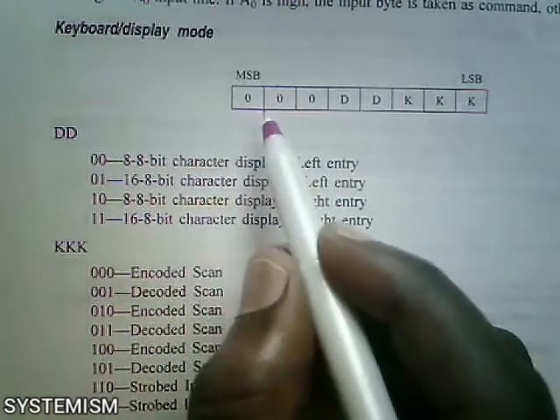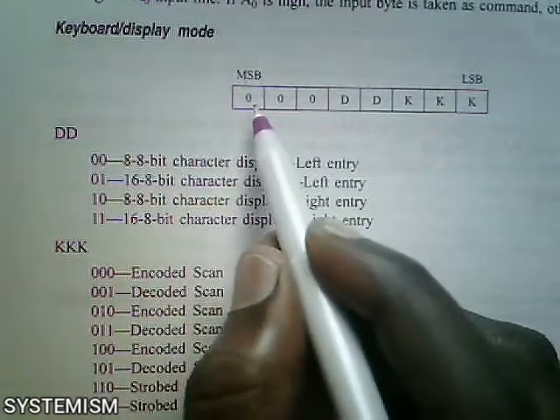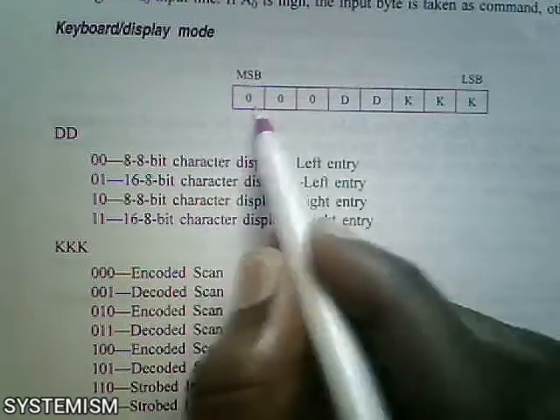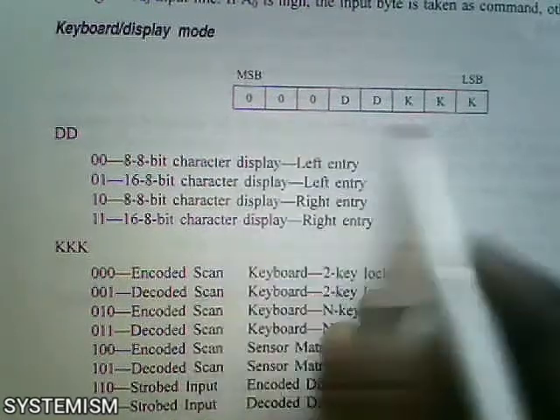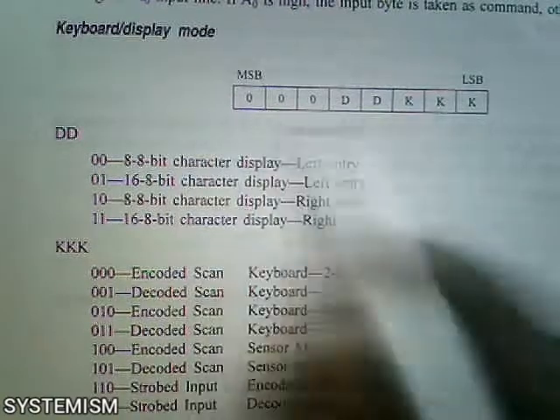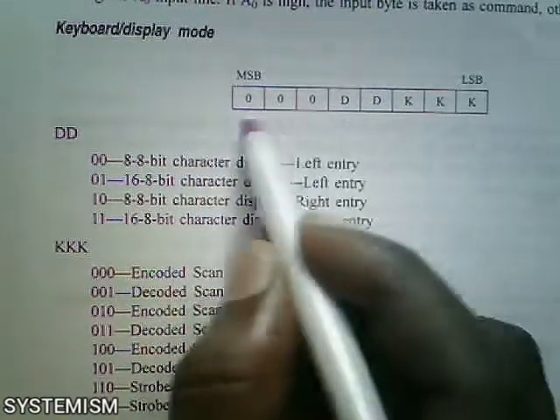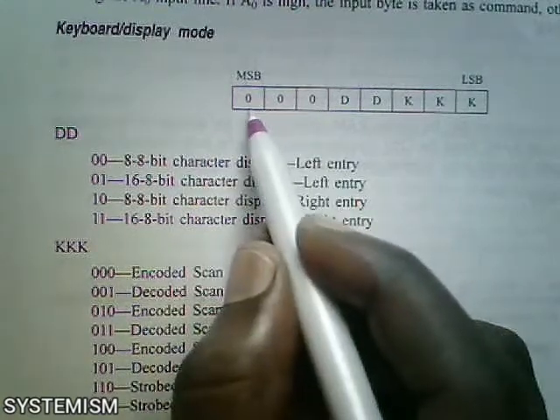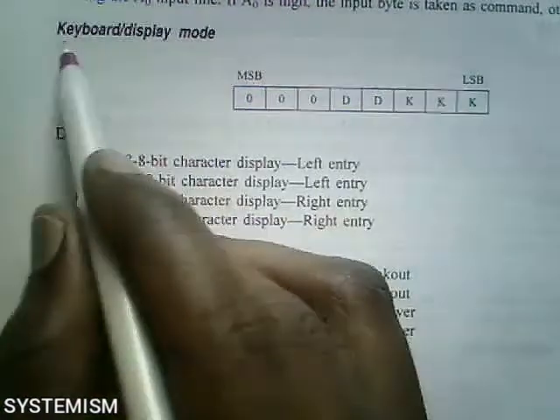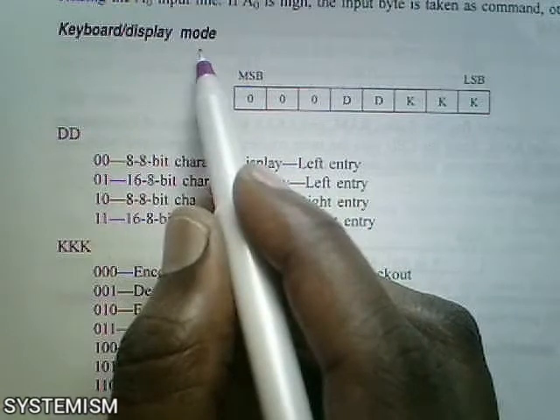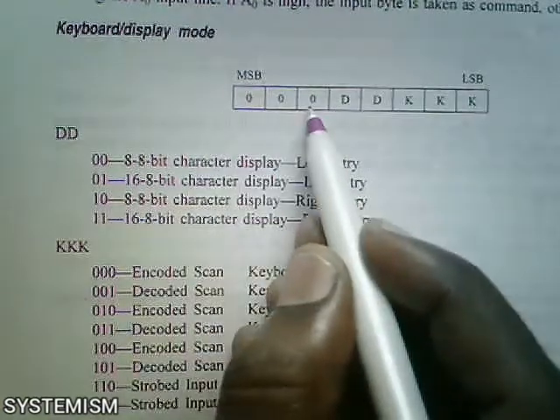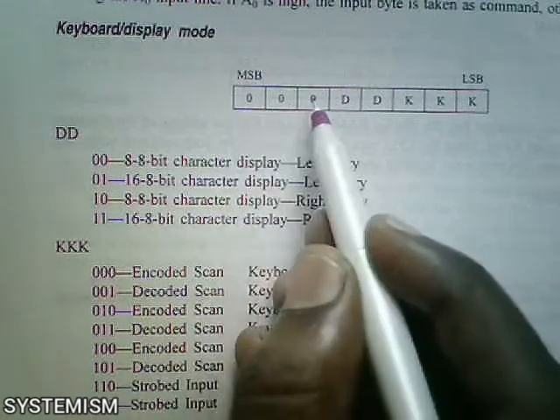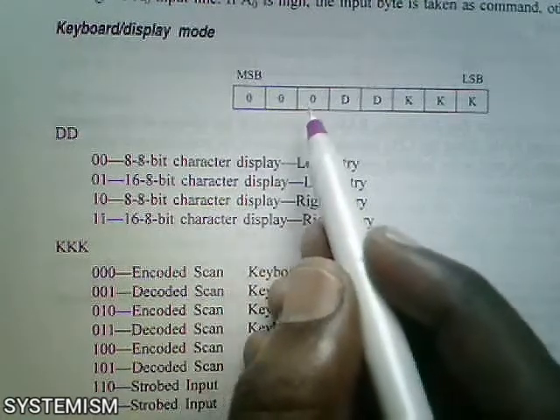Okay, see here. So how to find out the different command words? The first 3 bits represent which command word this word is. So this is a total word, and the first 3 bits represent which command word. If this is 000, then it is the keyboard display mode command word. If this is 001, the next one is the program clock command word. If this is 010, then it is the read FIFO RAM command word.